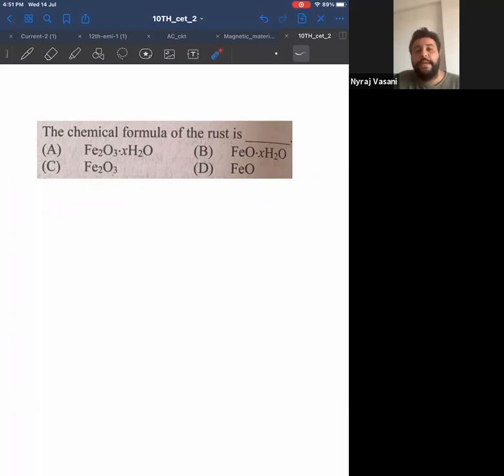What is the chemical name for rust? Means what is rust called as? Rust is a common name, right? What normal people use. In chemistry, what is the chemical name of rust? That is my question. Don't Google. You think, or if you look at the correct option also, you'll be able to get it. Ananya, excellent answer. Megha, try again. Sarthi, very good answer. Krish, good answer. Akansha, correct answer. So I got answers from Ananya, Sarthi, Krish, Akansha, Megha.